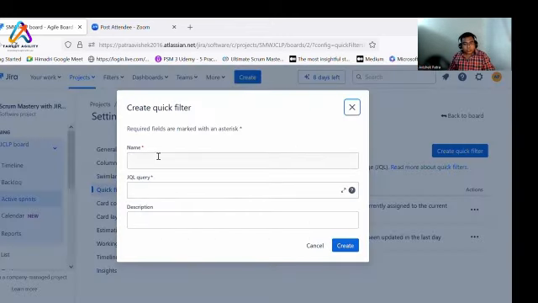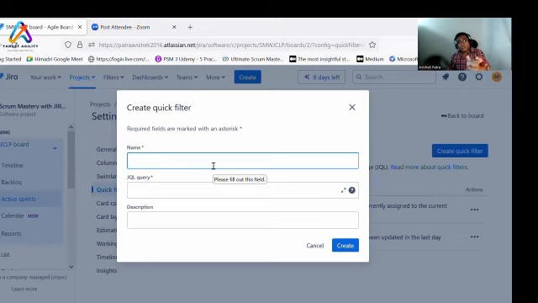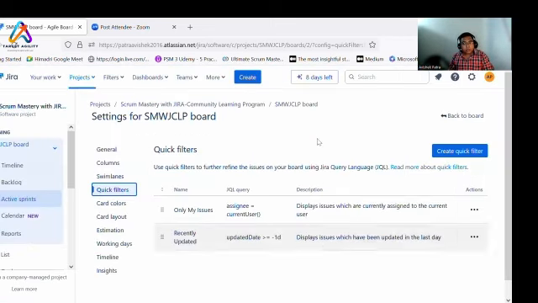When you create a quick filter, write the name of the filter, for example all the issues of this project ABC, or all the in progress issues of Abhishek. You want to quickly see the in progress issues with respect to the assignee or the project. You can define your JQL query, and based on the query, you can select that one. Your board will be rearranged.